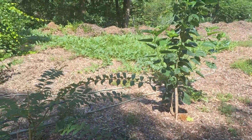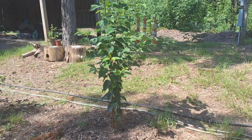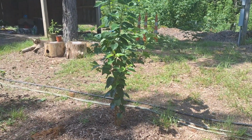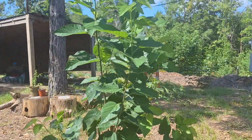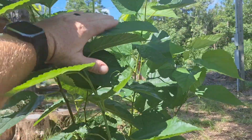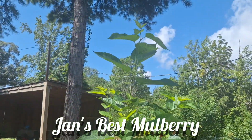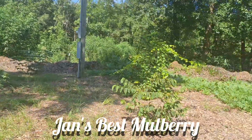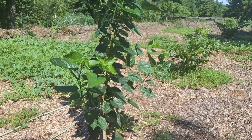Guys, look at these mulberries. I don't know if you remember when I planted these things, but they were like 12-inch cuttings, and they're taller than me now. I mean, I come to here on them. That's amazing. This is the Jan's Best,